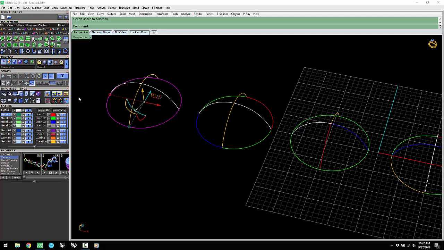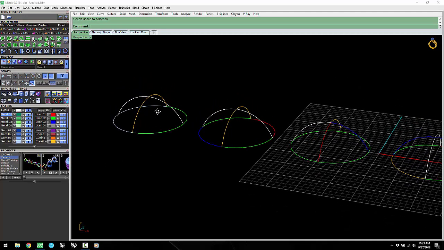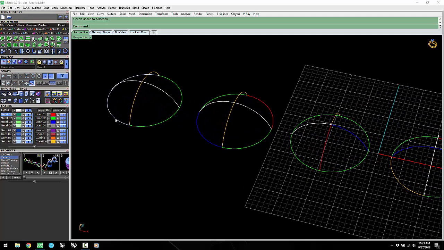So let's take this green curve and let's split it. So I click split and I split it with the yellow curve, okay? And so now we'll just pick different layers so that we can see. Now we have the border split in half, and then we have these two curves, okay? Now,